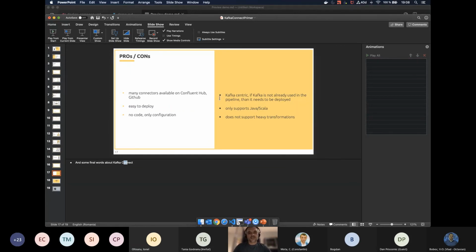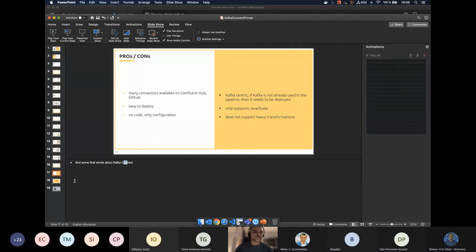These were pros, and as cons, if you do not already have Kafka in your pipeline, then you need to deploy it, because Kafka Connect requires a Kafka cluster. And the connectors are written in Java. We cannot write them in different languages.